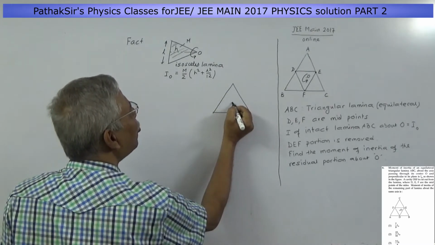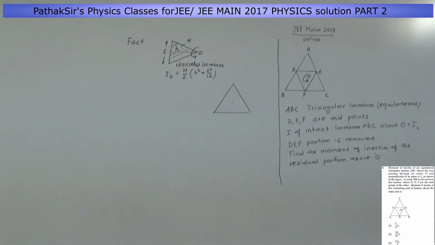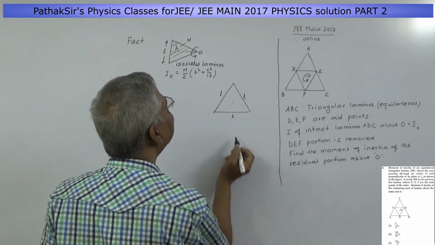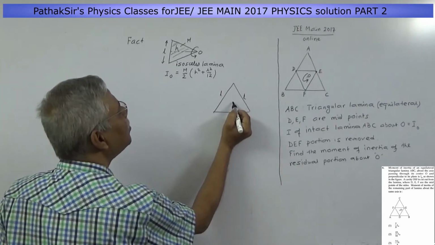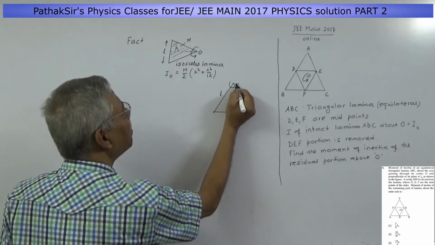The side of the triangle is not given. Let the length of each side be L. Suppose the length of each side is L. So its moment of inertia about this axis,